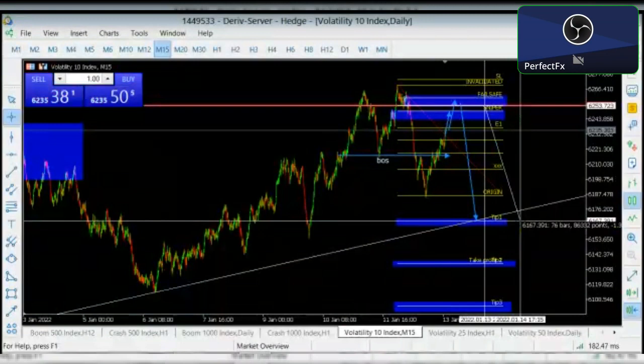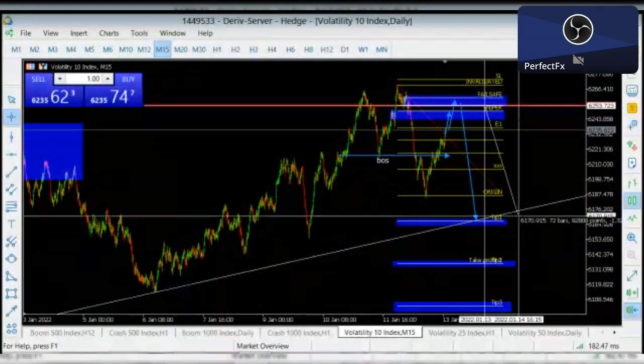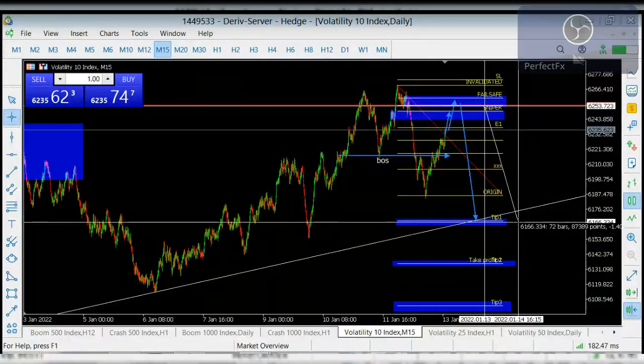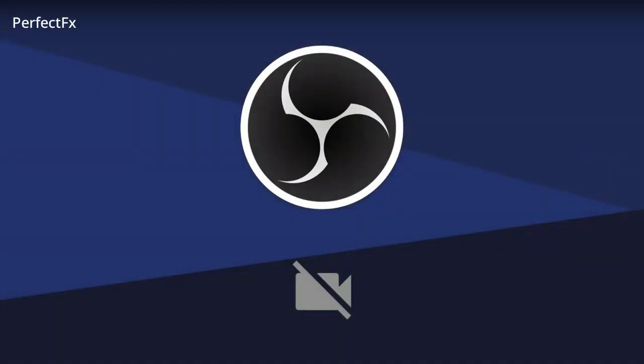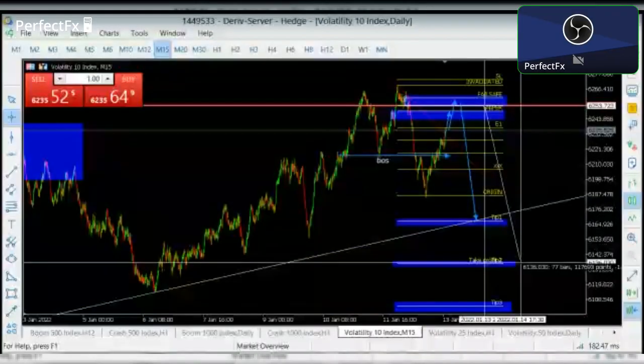If I'll be targeting the tip one, I'll be making about 86 to 87 pips. Targeting the tip two, I'll be making about 117 pips, and targeting the tip three, I'll be making around